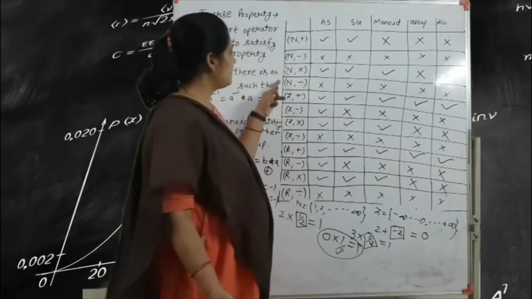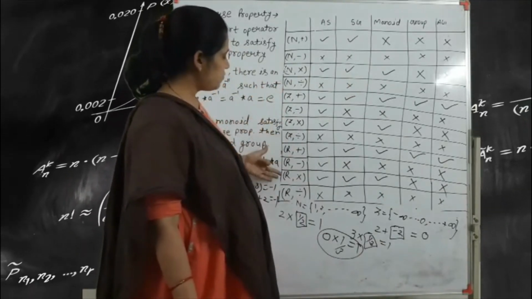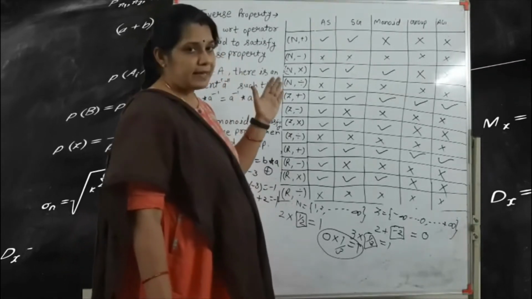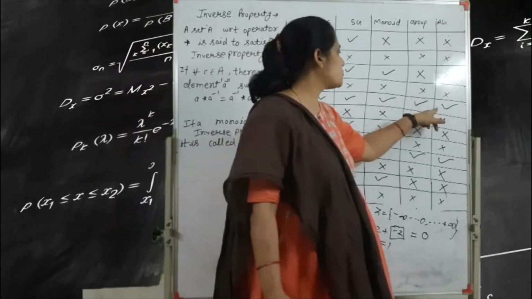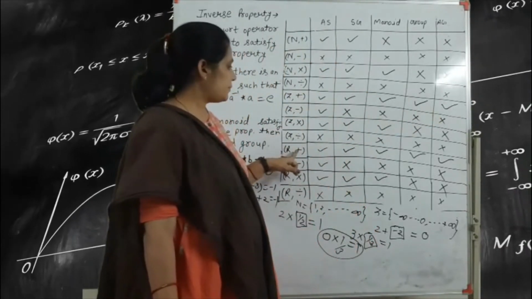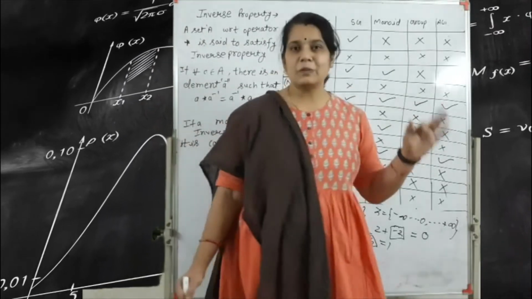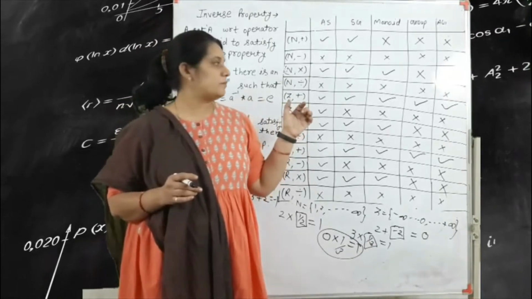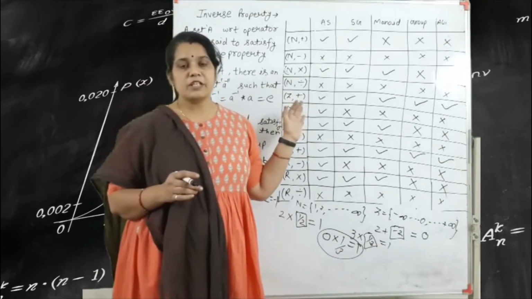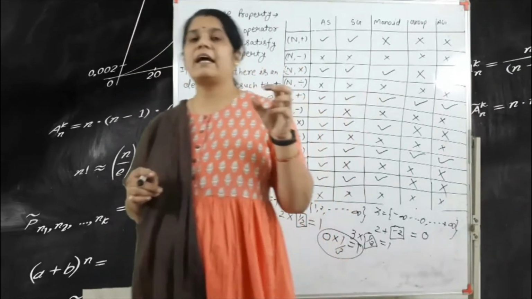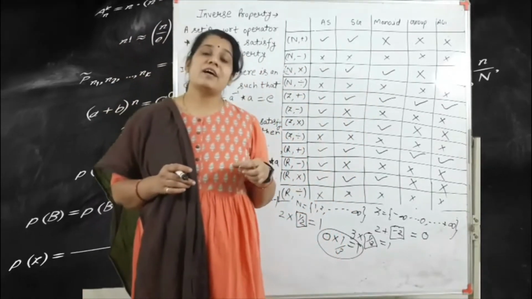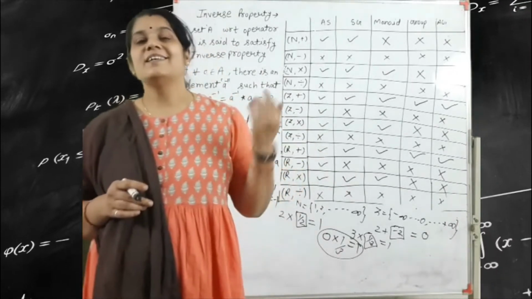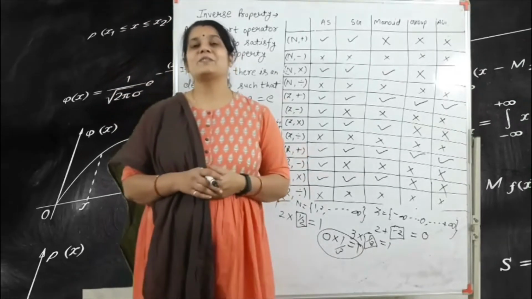That means here we write 4 plus 4 is 8, plus 4 is 12. We have different types of the 3 sets and different types of operators. So here we have only 2: Z plus and R plus is an abelian group, that means it satisfies all 5 properties. Okay, so this is a very important topic for finding out whether a given set, depending on the operator, satisfies the algebraic structure, semigroup, monoid, group or the abelian group. Okay, so I will continue this topic in our next lecture.